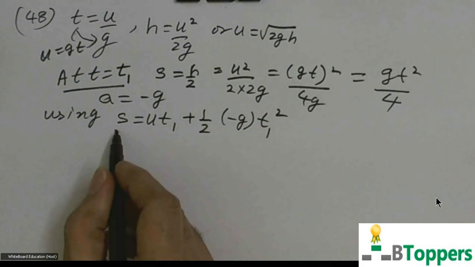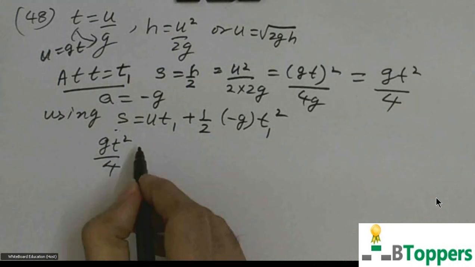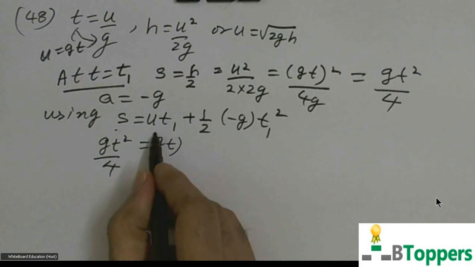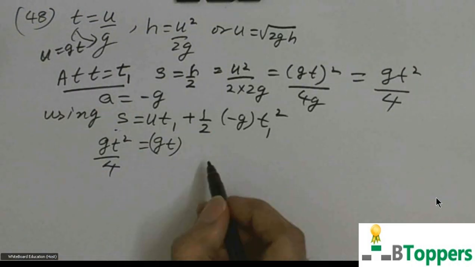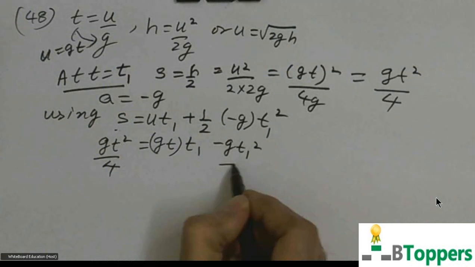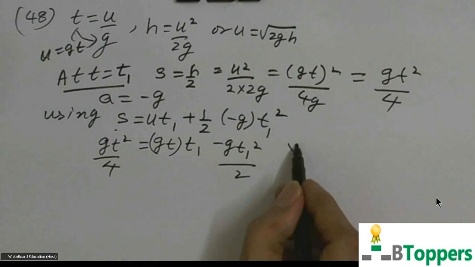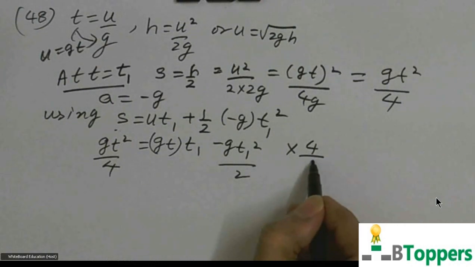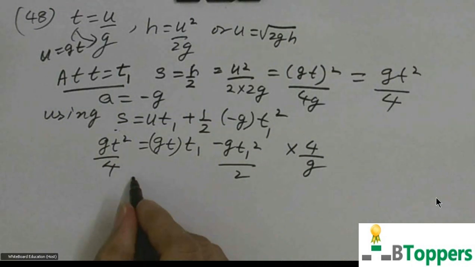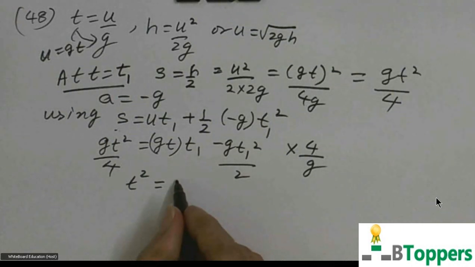So you can substitute s equal to gt square by 4 and u equal to gt from the starting step, minus g t1 square by 2. Divide with g and multiply with 4, that means multiply the equation with 4 by g. So you get t square is equal to